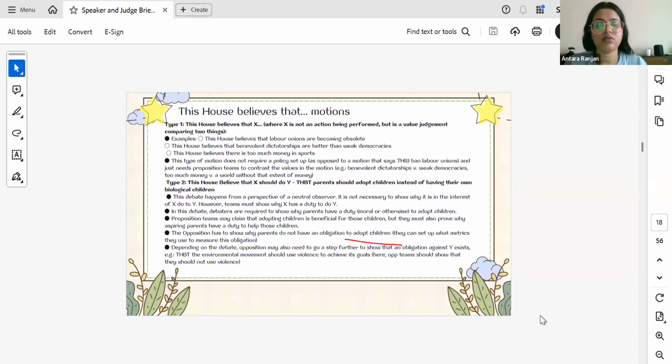Where's the structure? Okay, so the structure in forming a model or a counter model is always that you have to show that this is a policy that can be implemented, right? It is government fiat in a debate. So if the debate is this house believes that smoking should be illegal, side opposition can't argue, panel, it's impossible for the government to ever ban smoking because people will not listen to the government, right? This is not a debate that can happen. Why is this not a debate that can happen?